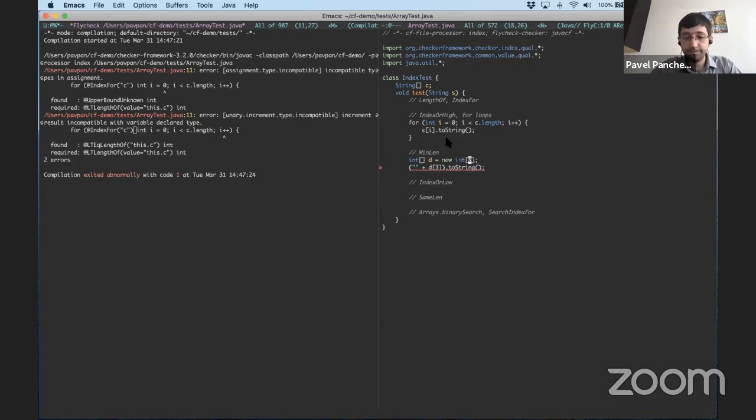However, if I were to instead initialize D to be an array of length 5, you'll see that that error goes away. So there must be something that the checker framework, and specifically the index checker, is recording about the array D that allows it to learn that 3 is a valid index. And in fact, that annotation is called minlen.